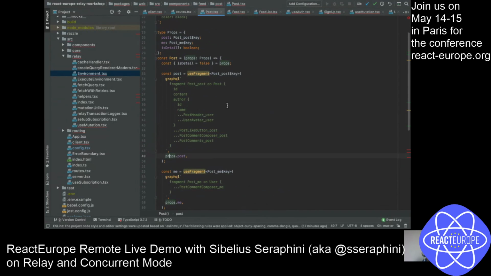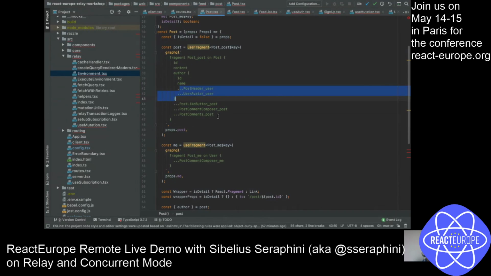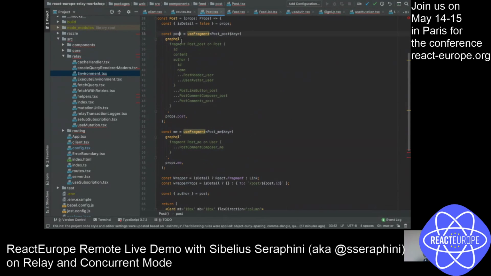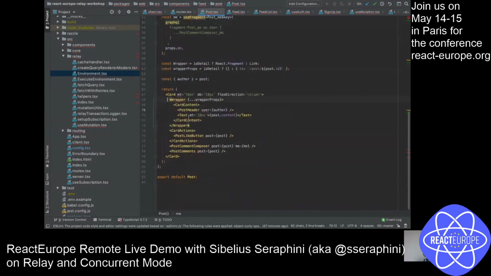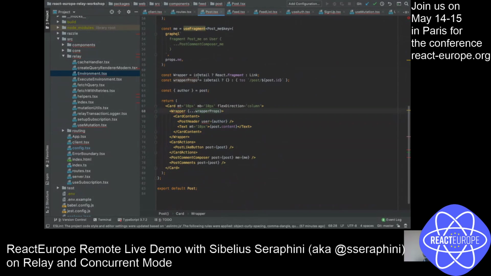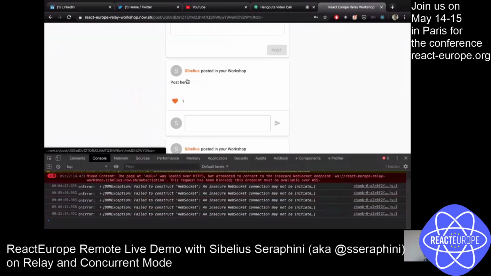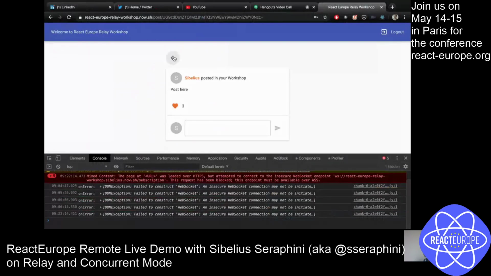That depends on them. So I have a lot of fragments over here because post is not so simple. I have a fragment on post, a fragment on me. A fragment is just a part on the type. So I have this kind of role here. If I'm not in the tail, I have a link. So if I click over here, I have a link, and then I go here. You can see the suspense fallback is not so fast.